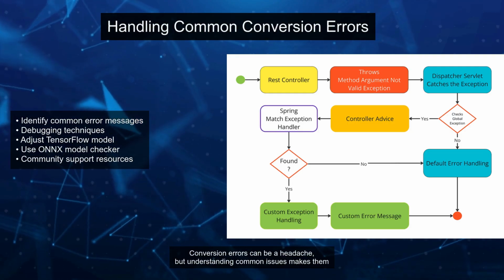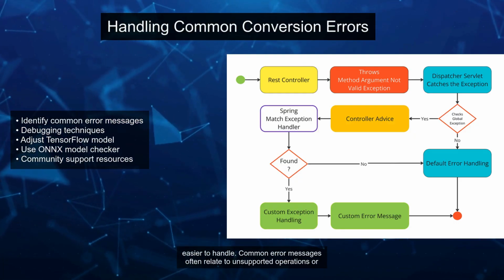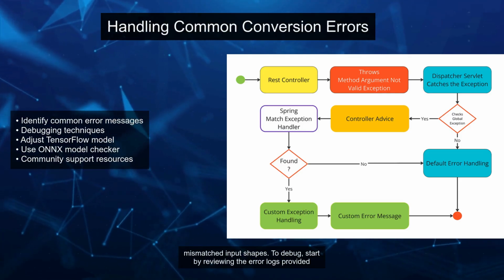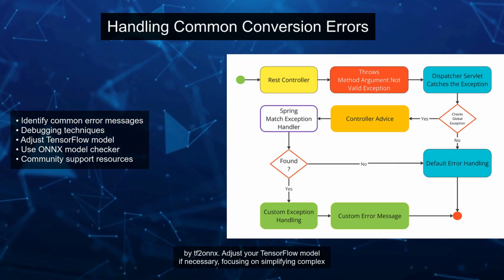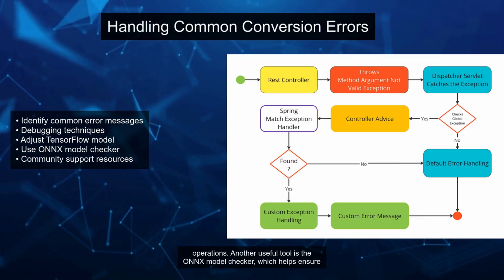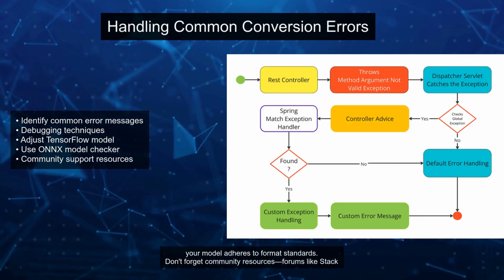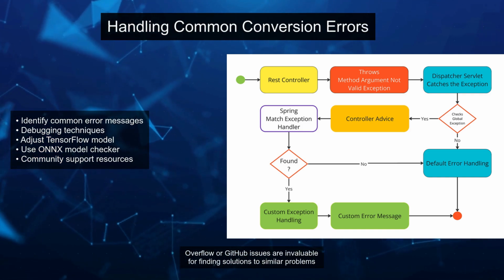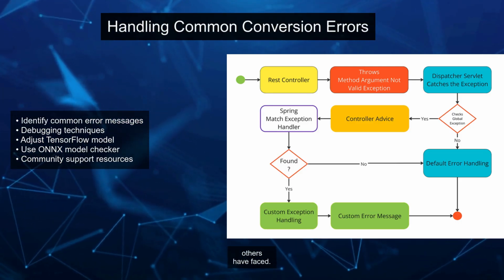Conversion errors can be a headache, but understanding common issues makes them easier to handle. Common error messages often relate to unsupported operations or mismatched input shapes. To debug, start by reviewing the error logs provided by tf2onnx. Adjust your TensorFlow model if necessary, focusing on simplifying complex operations. Another useful tool is the ONNX Model Checker, which helps ensure your model adheres to format standards. Don't forget community resources. Forums like Stack Overflow or GitHub issues are invaluable for finding solutions to similar problems others